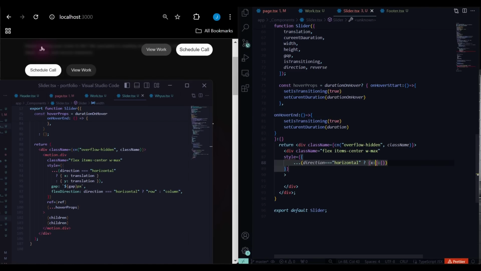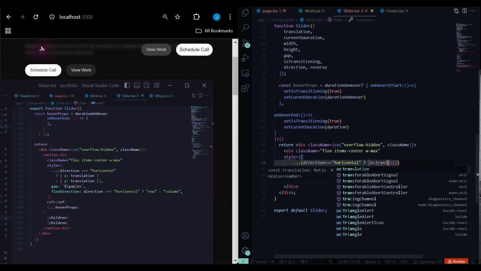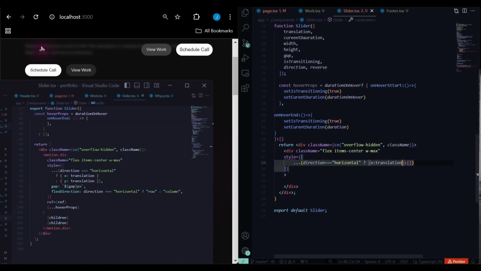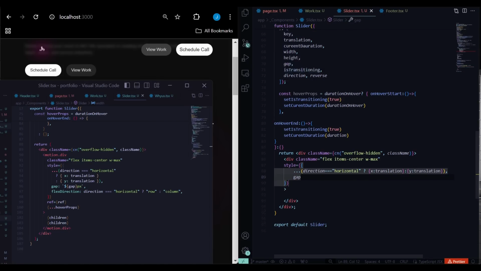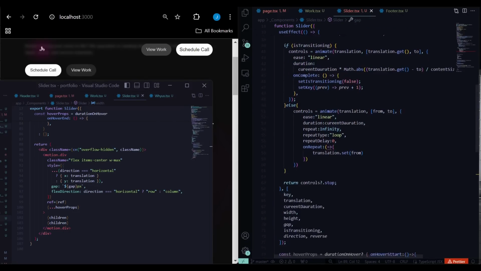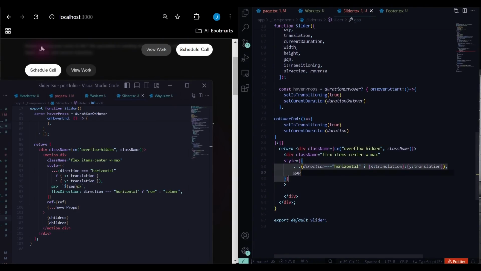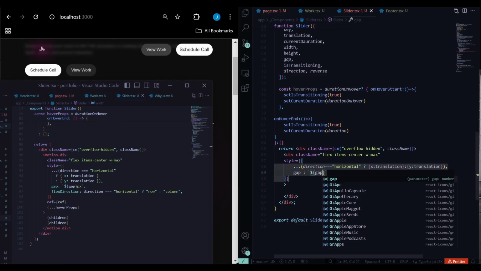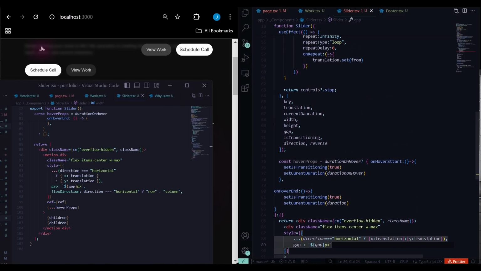The x-axis we want to translation, else we're going to do the y translation, and also we are going to give it a gap of gap. Remember, we pass the gap here, and by default we gave it to be of 3. Okay, gap, and